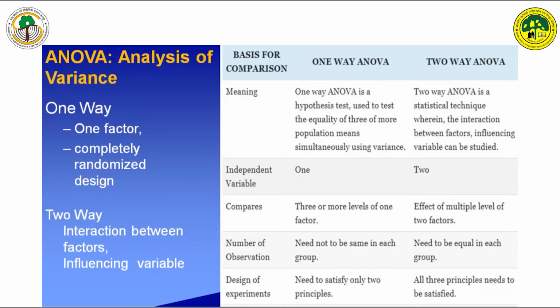Whereas in the two way, it appears as part of two-way statistical techniques, wherein the interaction between the factors or influencing variables matters. If one way is one variable, two way is two variables, and three or more levels of the factors can be compared. The effect of multiple levels of the two factors also plays into the two-way analysis. These are the designs of experiments. You have to fix the design, obtain the observations, compute the results, and derive knowledge from the ANOVA.